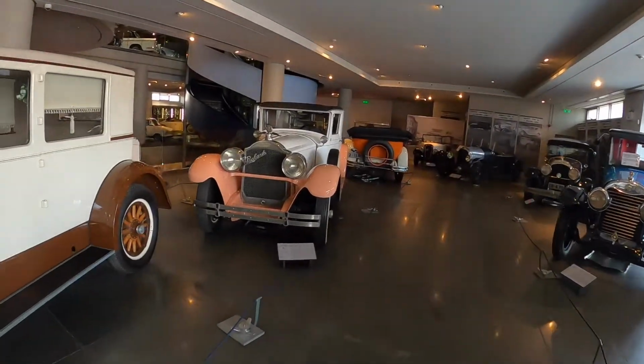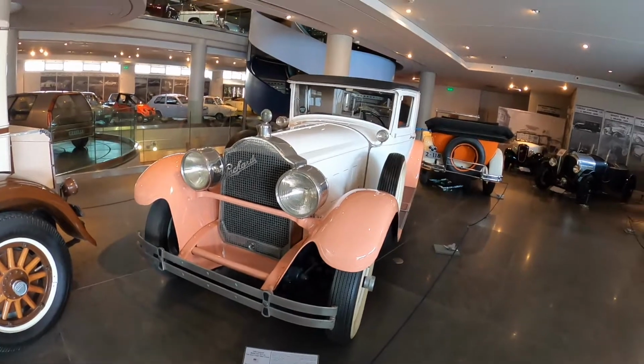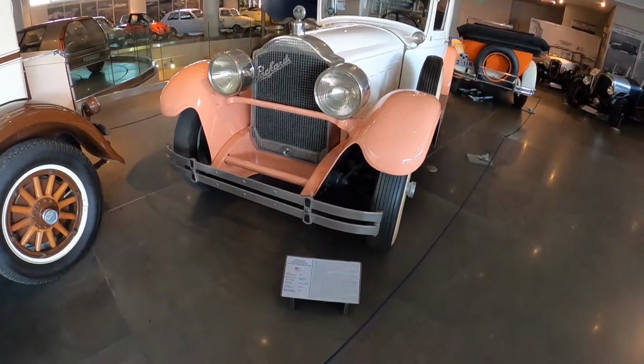Earlier last month, I went to Stuttgart to the Porsche Museum, and I mean it was okay, but it was just bland as hell. The Porsche Museum was a lot nicer in terms of atmosphere, but obviously there were just a few Porsches. That's it. But here,